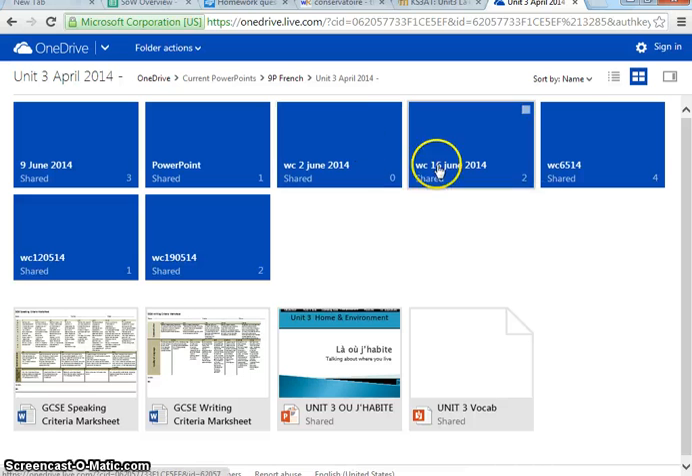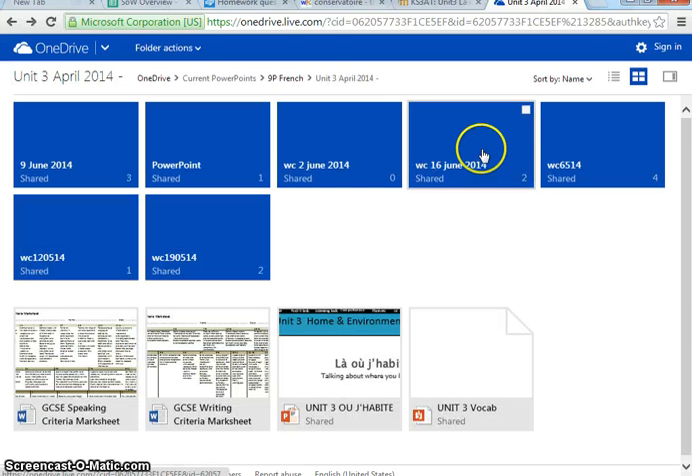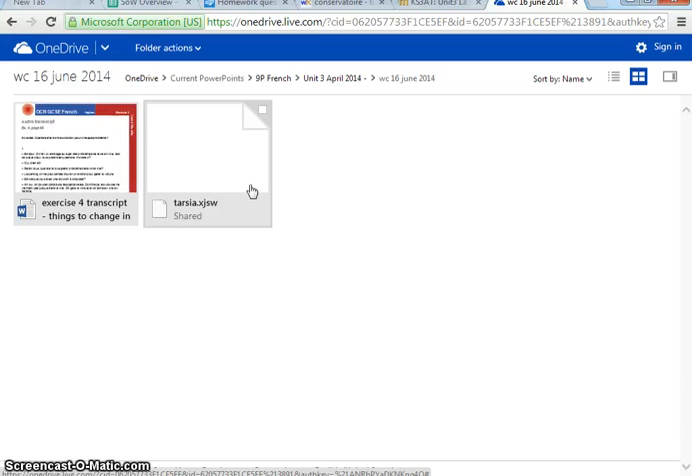What's in each of these folders that says WC 2nd of June 2014? What does WC stand for? It's not water closet, not wheelchair. Week commencing. Week commencing, well done. And if I go into my week commencing the 2nd of June, why is that folder empty? That's not supposed to be empty. If I go in there, for example, it's got transcripts for you to look back at to help you. So, what I want you to do now is